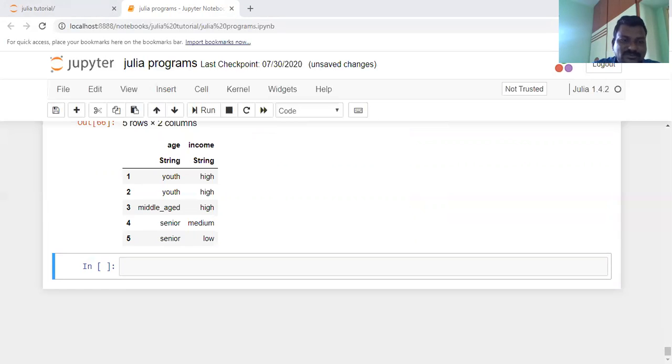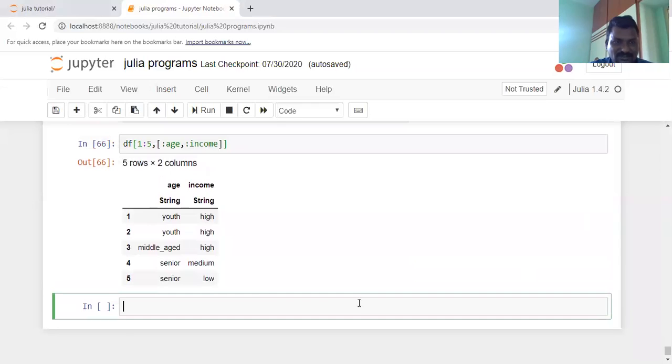Here that may be possible. Another one is selecting only one column. Yeah, it may be possible here, and that is a way of representing the age. For example, up to now we were selecting the rows. You may select the column also. For example, you are selecting the column value. How can I select the column value here?